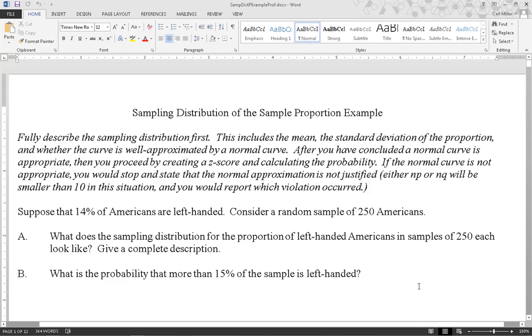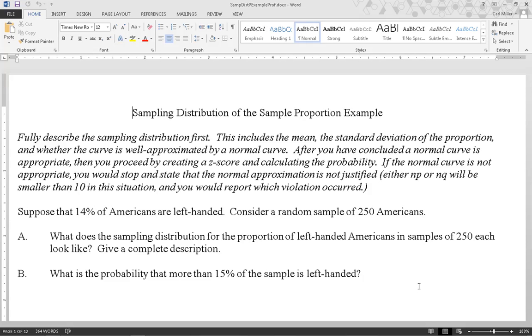The sampling distribution of the sample proportion example. Fully describe the sampling distribution first. This includes the mean or the center, the standard deviation of the proportion, and whether the curve is well approximated by a normal curve. After you've concluded a normal curve is appropriate, then you would proceed by creating a z-score